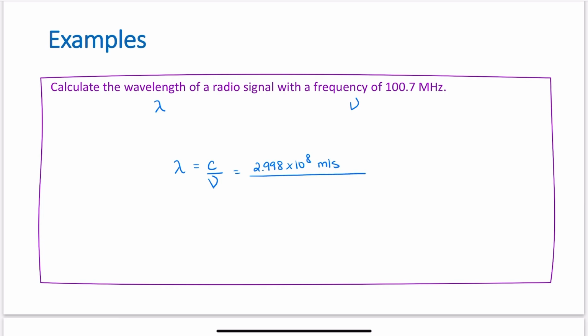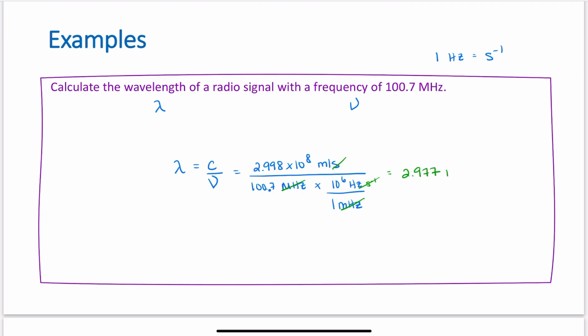Now our frequency is 100.7 megahertz. Remember, 1 hertz is a seconds to the -1. So we will have to convert this, but I'm going to do that in the calculation itself. So 100.7, there's the decimal place there, megahertz. Mega is 10 to the 6th, so it's 10 to the 6th hertz for every 1 megahertz. This cancels out my megahertz, and now this is the same as seconds to the -1, which cancels my seconds here. And I get an answer here of